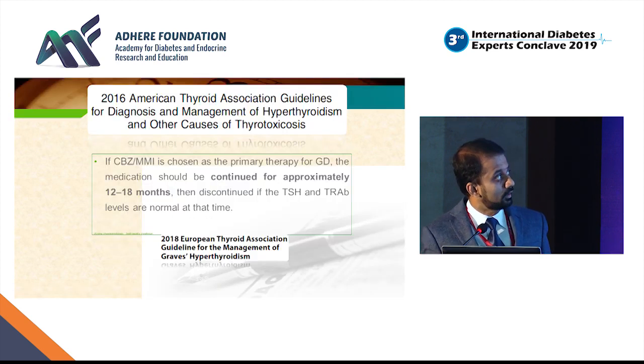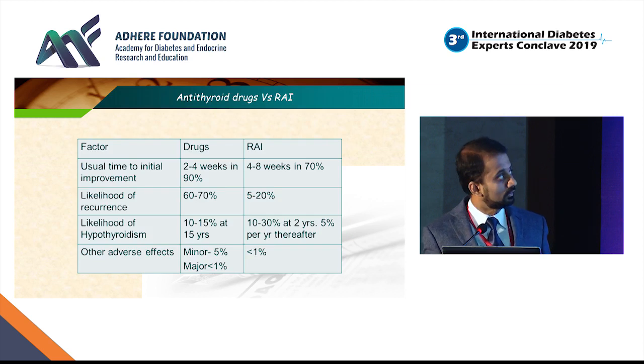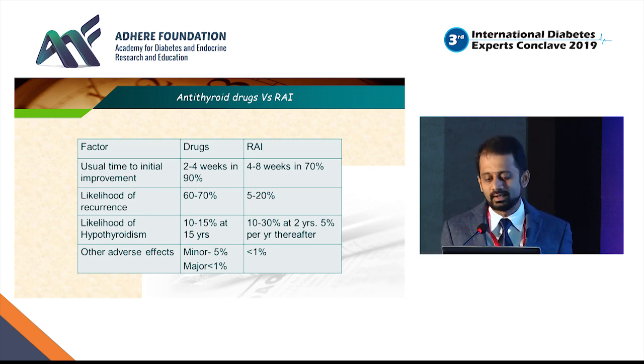But the 2016 American guideline shows that you continue approximately 12 to 18 months of therapy, then discontinue and do a TRAB level at almost a year's time. So this is the drugs versus radioactive iodine. I've just shown the recurrence rate is slightly less with radioactive iodine, but however, the hypothyroidism rate is higher in radioactive iodine, which